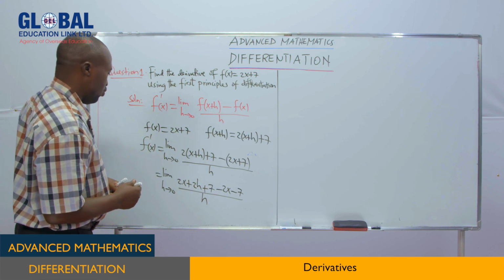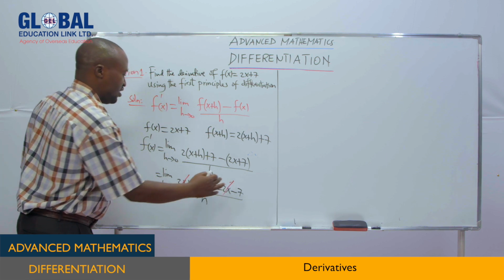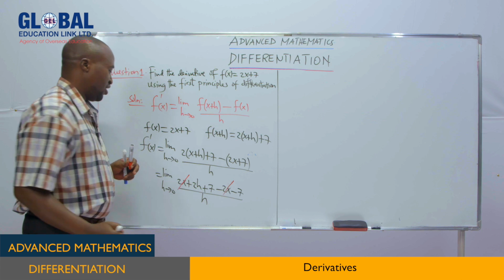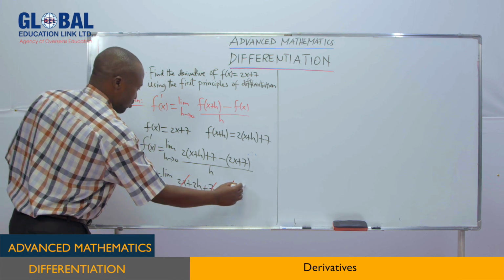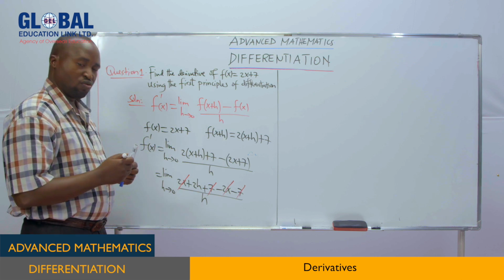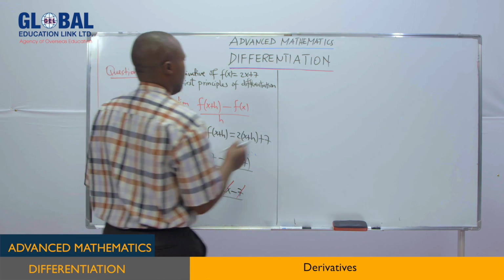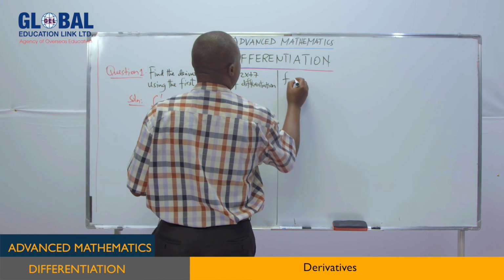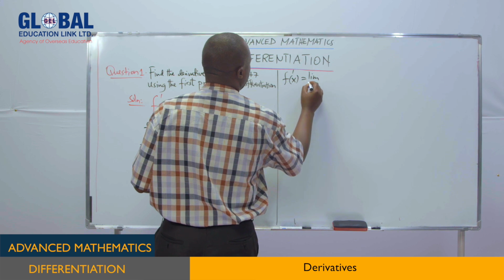So here we have 2x minus 2x, so this one will be 0. And we have 7 minus 7. Again, this one is equal to 0. So we are going to remain with f of x dash is equal to the limit of, as h